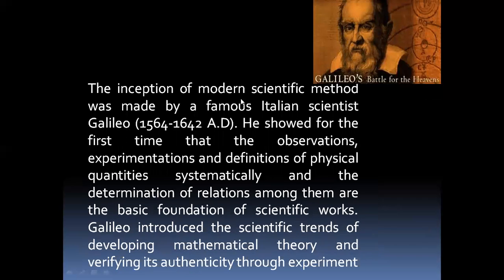The concept of the modern scientific method was made by the famous Italian scientist Galileo. He showed for the first time that observation, experimentation, and the definition of physical quantities simultaneously, and the determination of relations among them, are the basic foundation of scientific work. Galileo introduced the scientific trend of developing mathematical theory and verifying the